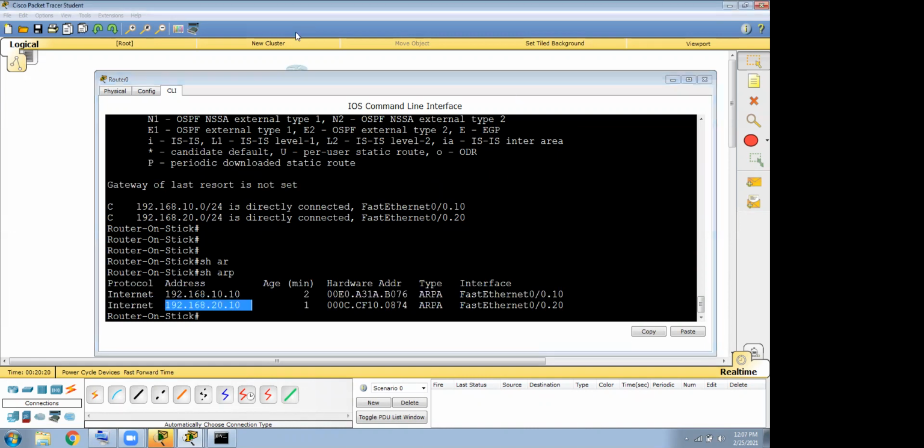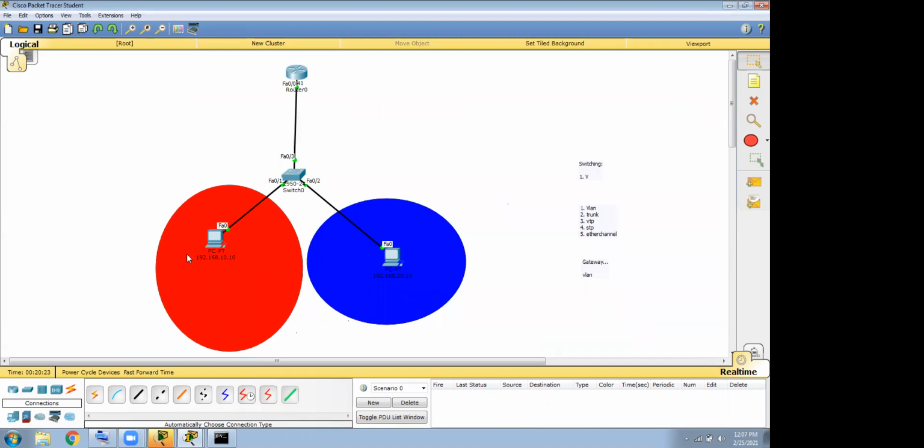Now it will pass to the switch, and from the switch it will pass here. So this is the path. It will go here, and from here to here. Like this, let's say you have 100 VLANs, and tomorrow your organization grows and you connect another building, and from here another building, another building. You connect multiple switches, and switch to switch we always connect a trunk. So don't forget this trunk. From this trunk it is connected, from here it is connected. So these are different buildings, let's say.